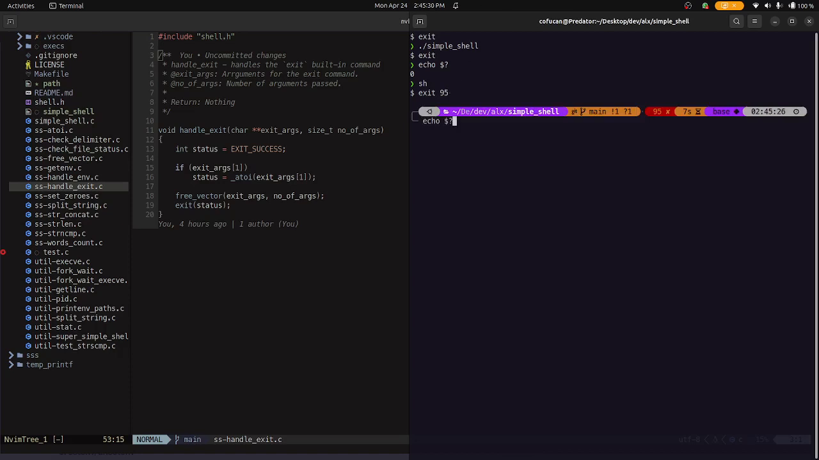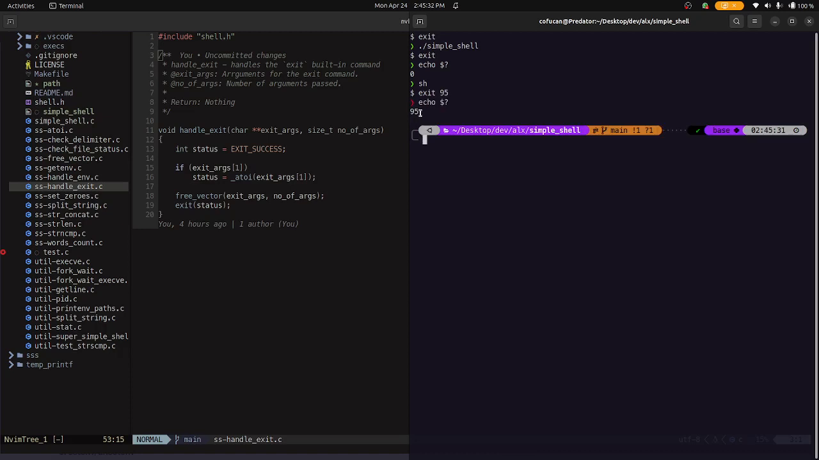If I do echo $?, it shows 95. So you are not just printing. You may think that you are just printing, like just print 95, right? But you're not printing, because you need to exit with that status code. So what I did is,